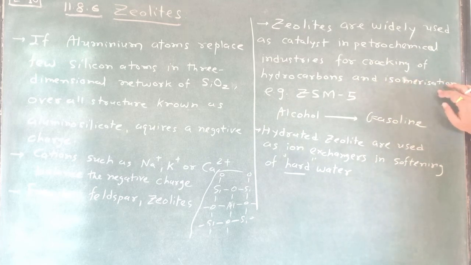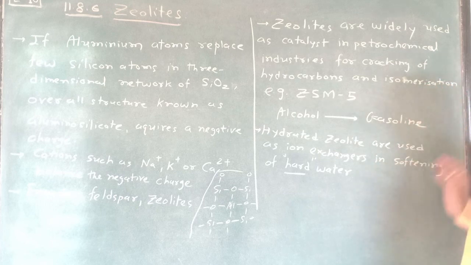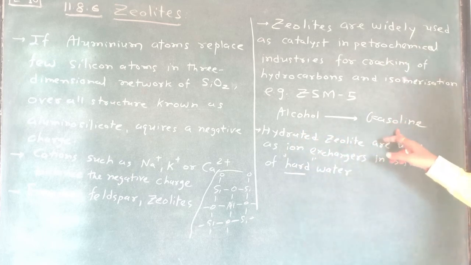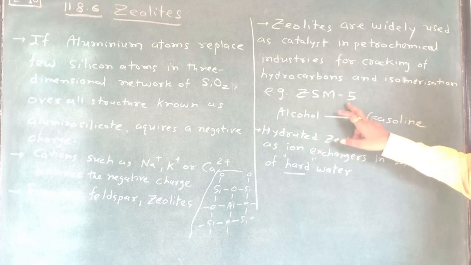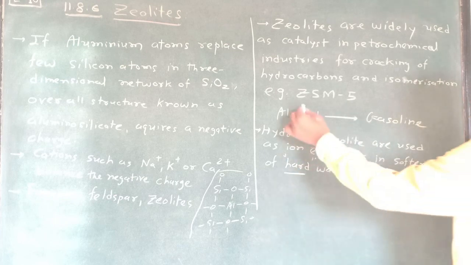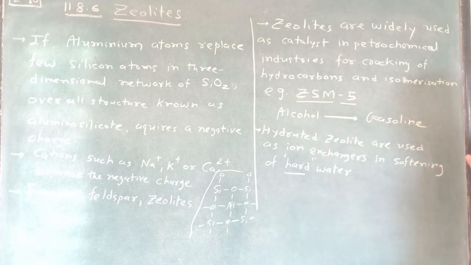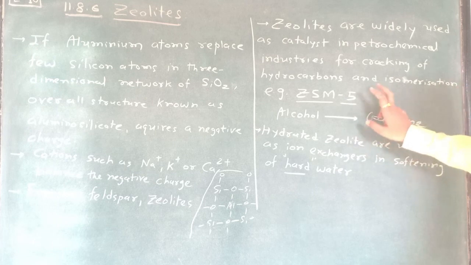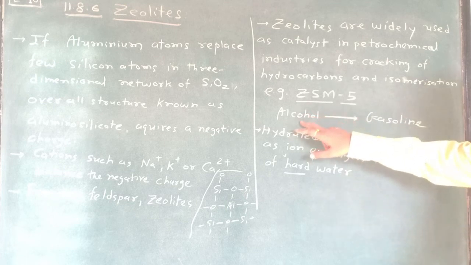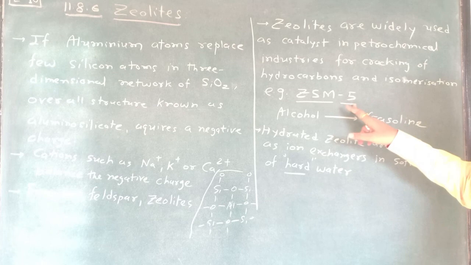And isomerization. Okay, this is very important. Isomerization you learn in chapter 13. For example, here alcohol is directly converted into gasoline, which is a very good fuel, by ZSM5. Zeolite semi-permeable membrane 5, this is the name. Actually, you remember this name ZSM5, nothing else. That will be learned later on, but don't bother about this. Which particular compound is used to directly convert alcohol to gasoline? It is nothing but ZSM5.